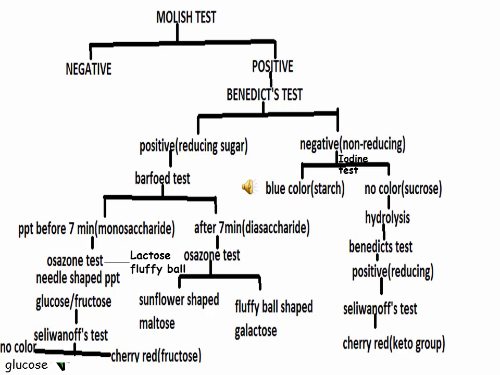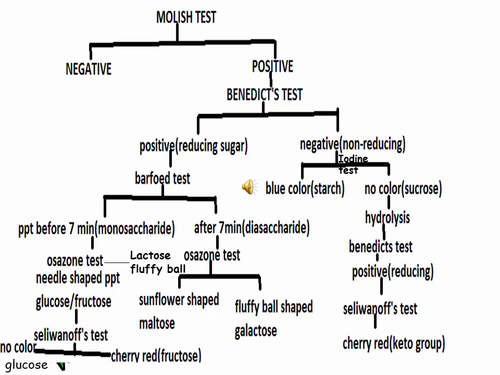First we will do Molisch's test to detect the presence or absence of the carbohydrate in a given solution. If Molisch's test comes negative, then this shows carbohydrates are not present in the solution. And if it comes positive, this shows carbohydrates are present in the solution. To further differentiate between type of reducing or non-reducing sugar, we will do Benedict's test, which will differentiate between reducing and non-reducing sugars. If we get negative test, this means non-reducing sugars are present.